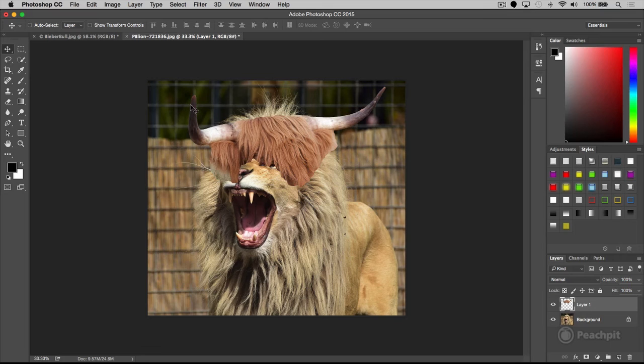So I've got my horns in, but they're facing the wrong way. And there's a couple different ways to solve this. One of the reasons that I wanted to do this as a separate video is that there's a section here that kind of confuses people because we can flip the image two ways. Under image